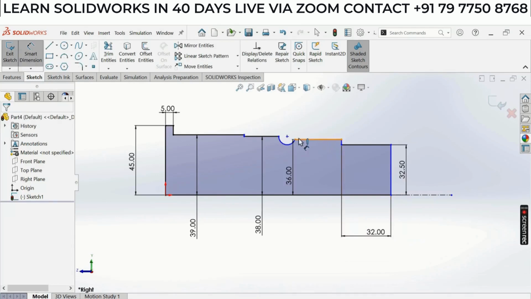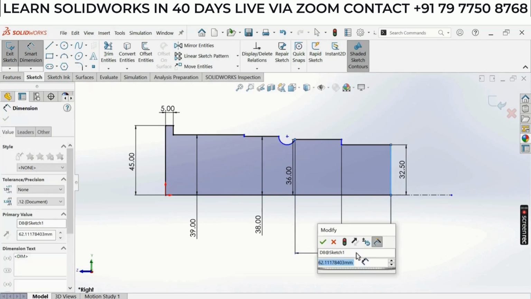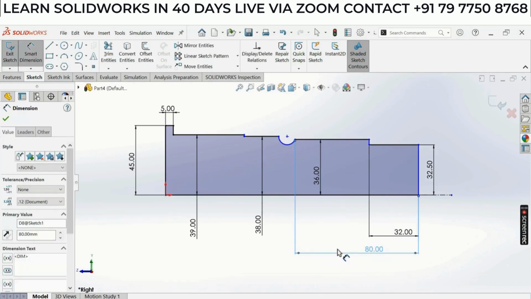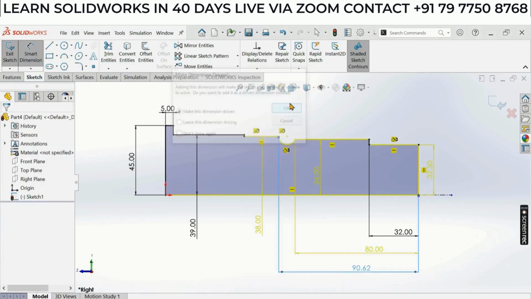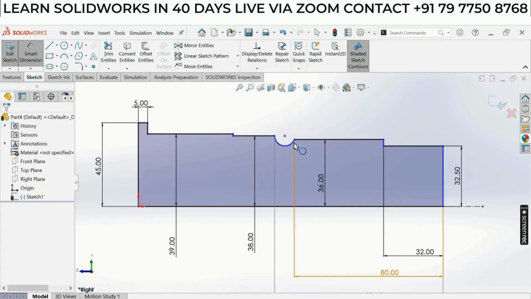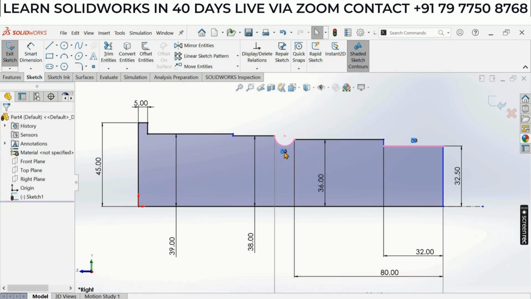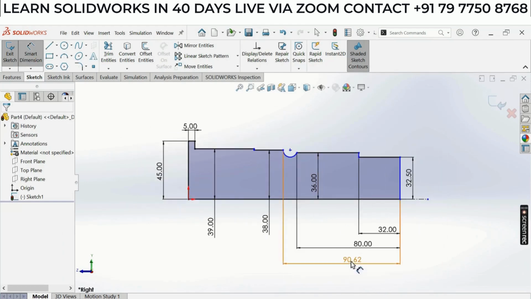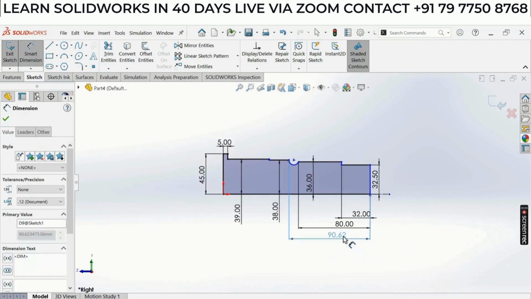Then from till this distance 80, 102, tangent to surface. Then take this dimension,